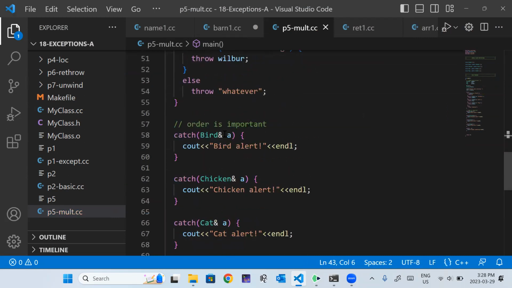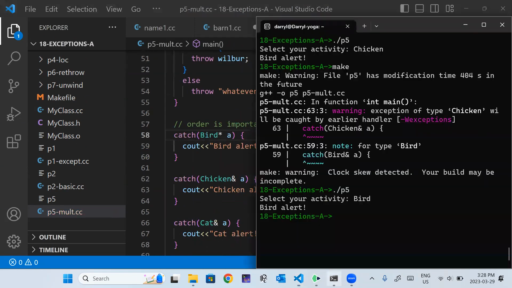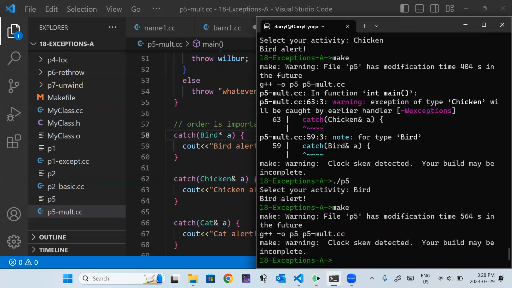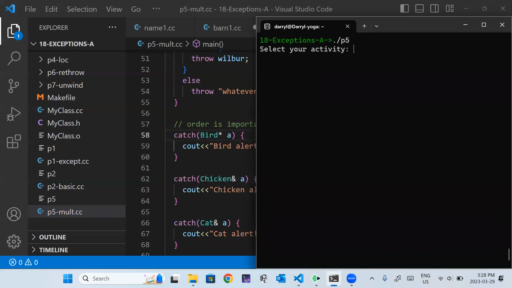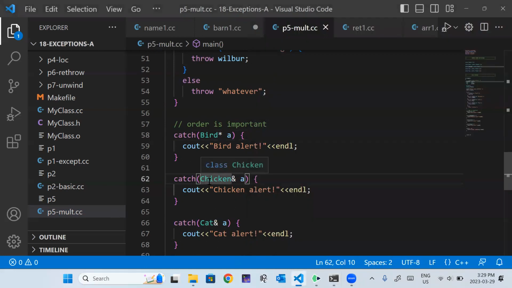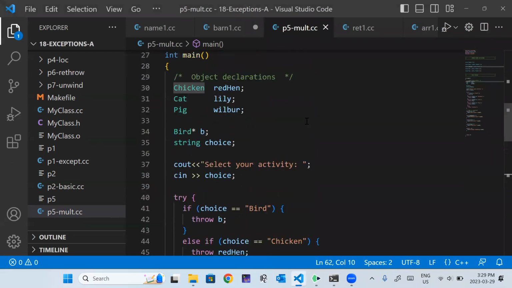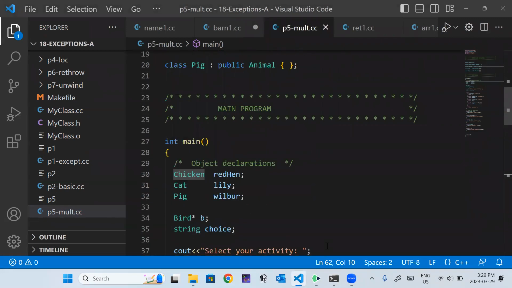Can we catch B? I'm guessing yes. All right, so we got a bird alert. Yeah, so we can throw pointers as well. Whatever we like. Yeah, very, very flexible. Cool. Other questions? Okay. I think that was all that I wanted to look at here.